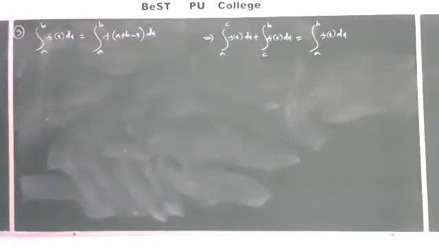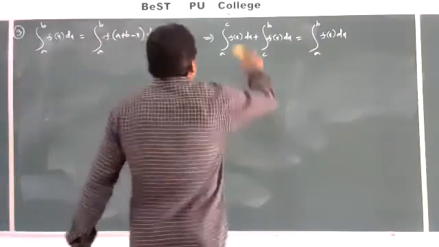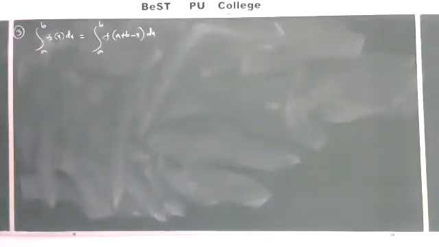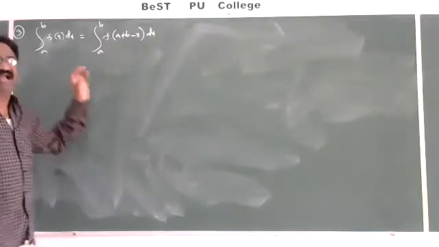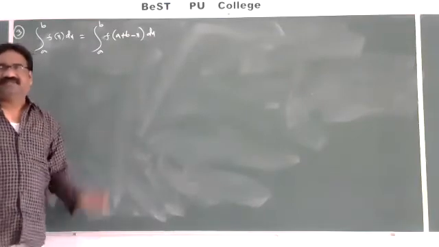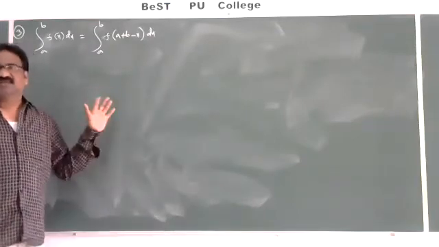This is another property. Why are these properties very, very important? In PUC level, in the last section, that is a 10 marks question. In that 10 marks question, one question is given from definite integration. There is given one property and a problem. That problem belongs to the same property. That type of questions are asked. That's why these properties are very, very important.